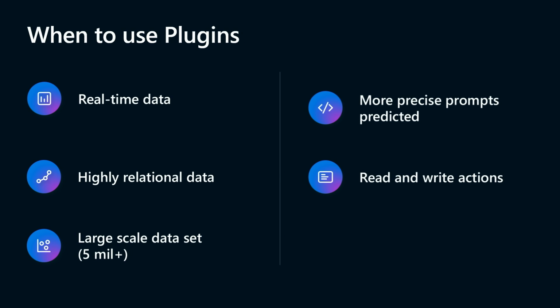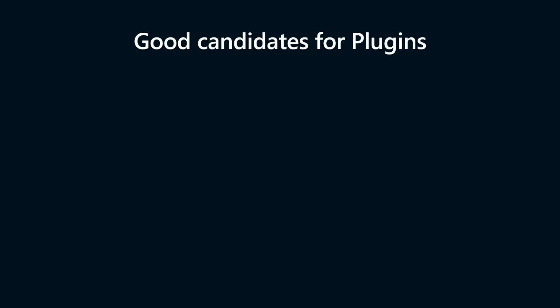And you saw in Jeff's keynote this ability to go and update the system, and confirming with Copilot you want to do that update. And obviously, if you've already got an API in your system, all you have to do is wrap that in an OpenAPI document, provide a plugin manifest, and you're off to the races deploying that in your environment. So it's a really good way to get started if you already have an API with a good set of CRUD capabilities on it: create, read, update, delete.